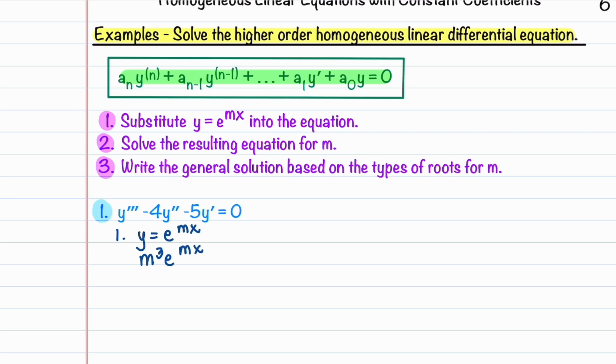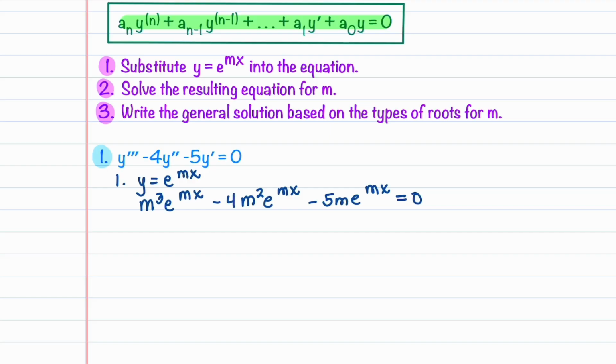That's because we have 3 derivatives, minus 4m squared e to the mx, minus 5m e to the mx is equal to 0. This gives us m cubed minus 4m squared minus 5m times e to the mx is equal